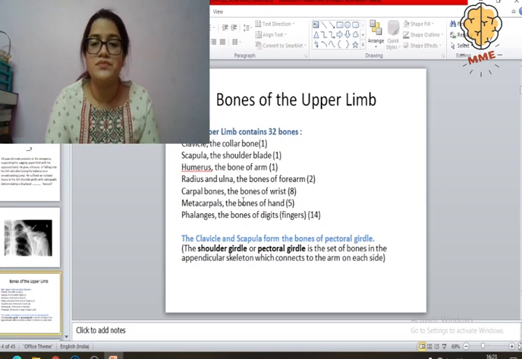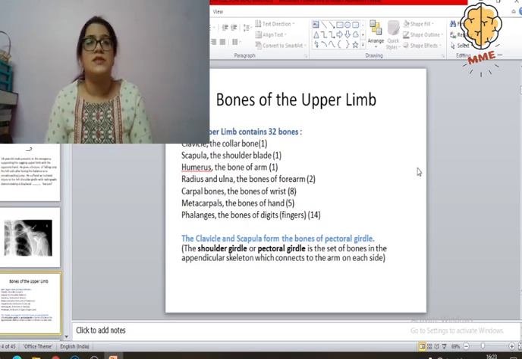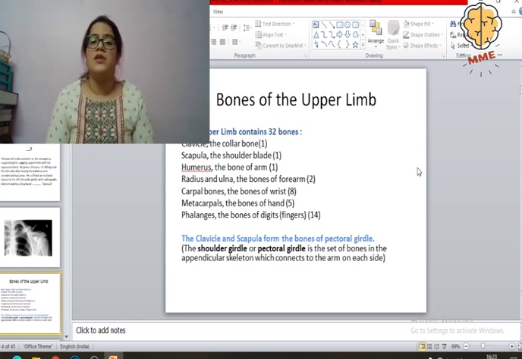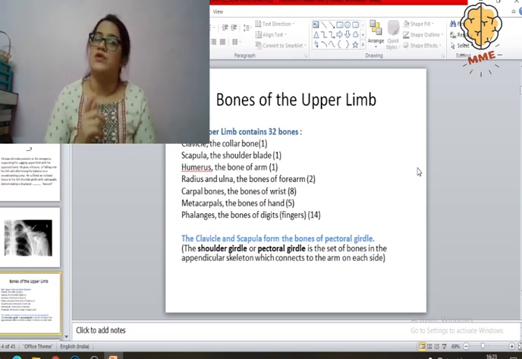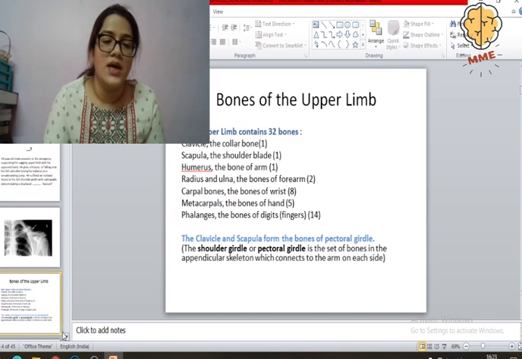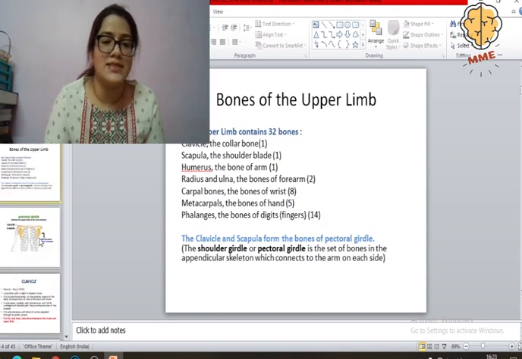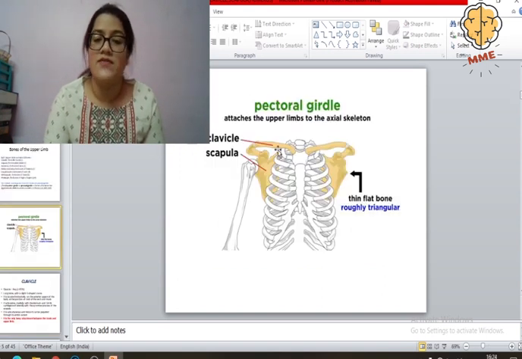So we have 32 bones in the upper limb, right? A clavicle, a scapula, a humerus, radius, ulna, 5 carpal bones, 5 metacarpal bones, and 14 phalanges. How? 3 for each finger and 2 for the thumb. So we have 32 bones on each side, and this clavicle and scapula, the bones of our today's topic, they